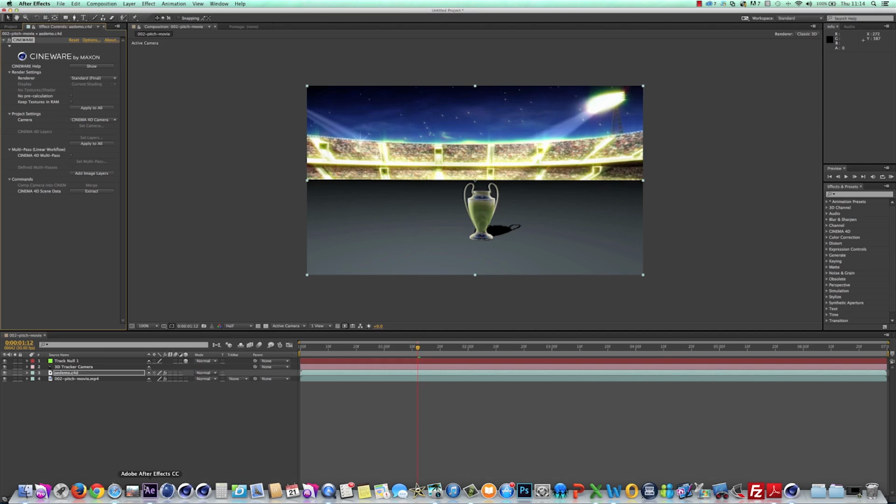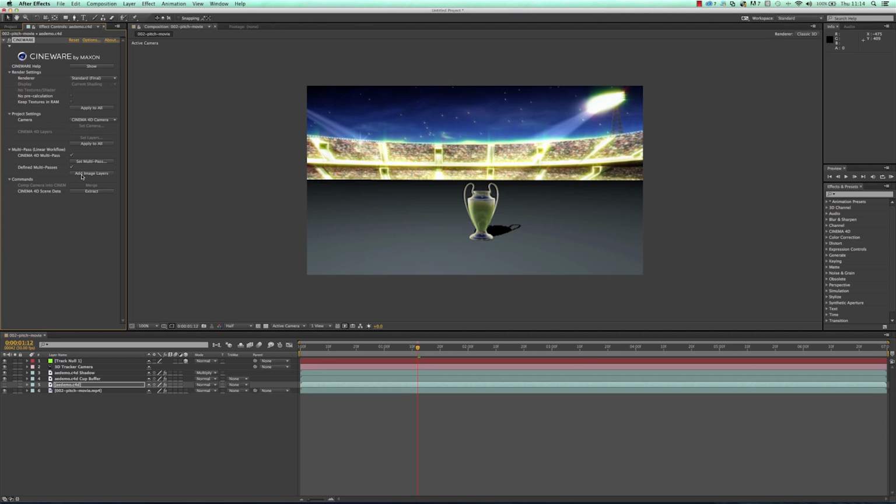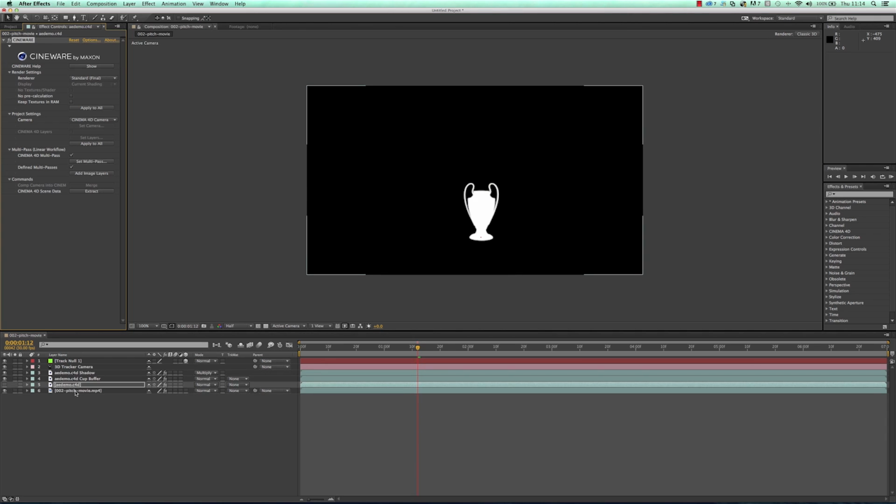So I'll just go and find After Effects, and once we're inside After Effects we should see that not a lot has changed, because all we've done is change some render settings. So we need to do a little bit of work inside After Effects to get things looking as we want them to. So things that we need to do in here is we need to get access to those extra layers that we had, and they're called Cinema 4D multipass. So we activate those, and we activate define multipasses and choose add image layers, and what you will then get is 2 have been added. So we've got the cup buffer and the shadow layer, and these are on separate layers.